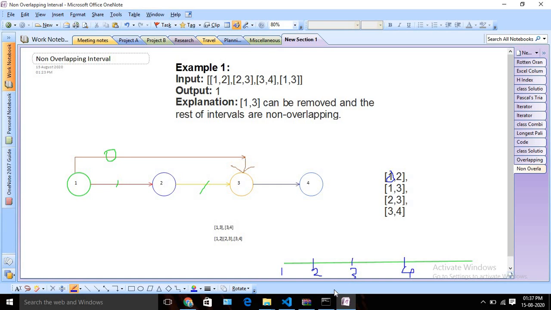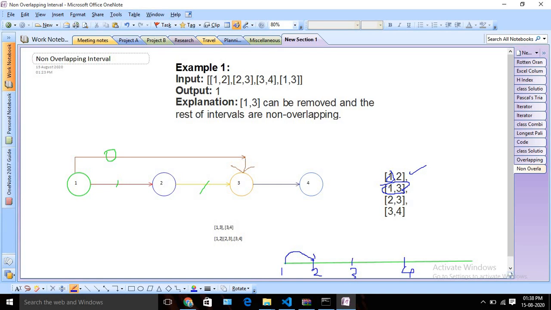Now we are going to follow the greedy approach. At first I will pick the first one, so probably I take this task 1 2. Suppose I pick this task and I know its end time is 2. Now I will start checking the next one, so this is my next task. Again I will check for the next task whether its start time is less than the end time of the current task. Currently our end time is 2, right?